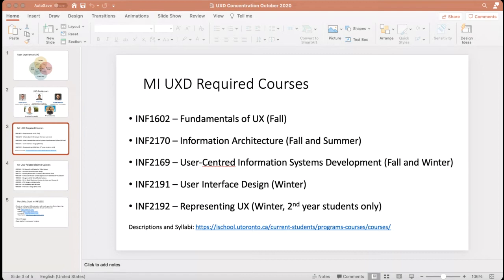So in the fall semester, we do have a course called Fundamentals of UX, which is a studio-based course. It introduces you to the basics of user experience design and design thinking. So Ariana and Roshni and Panis both have taken it in the fall semester. So if you want their opinions on this and their way of thinking, they can help you for sure.